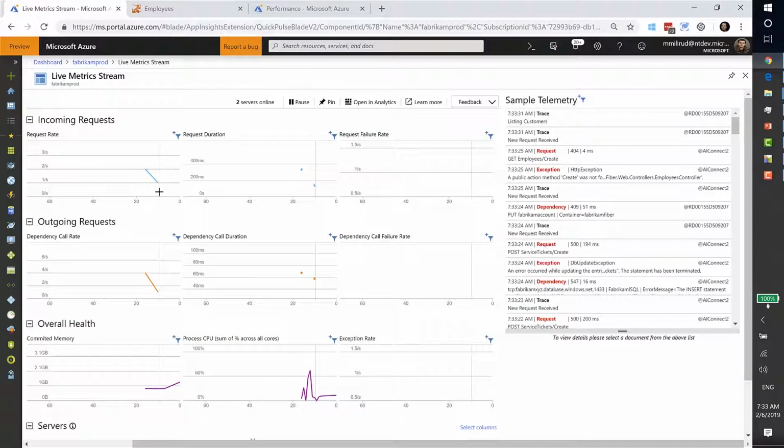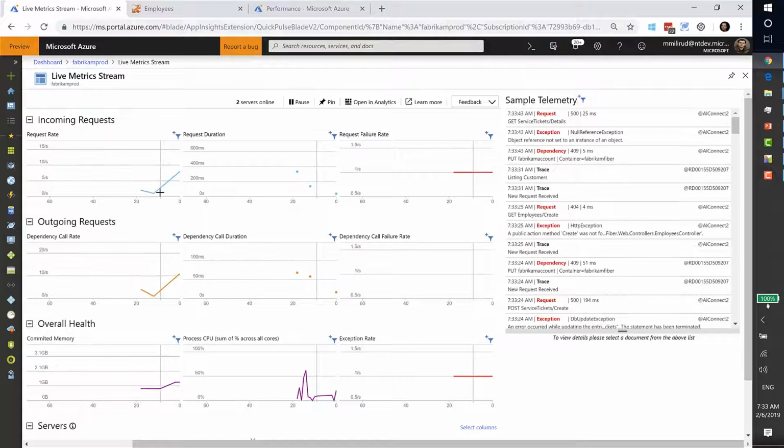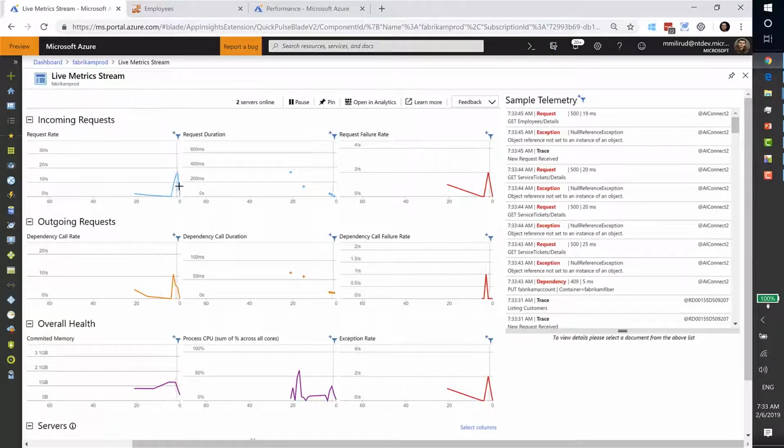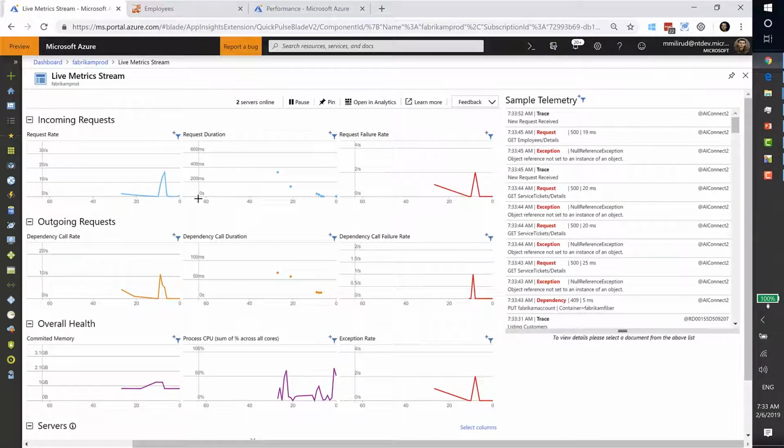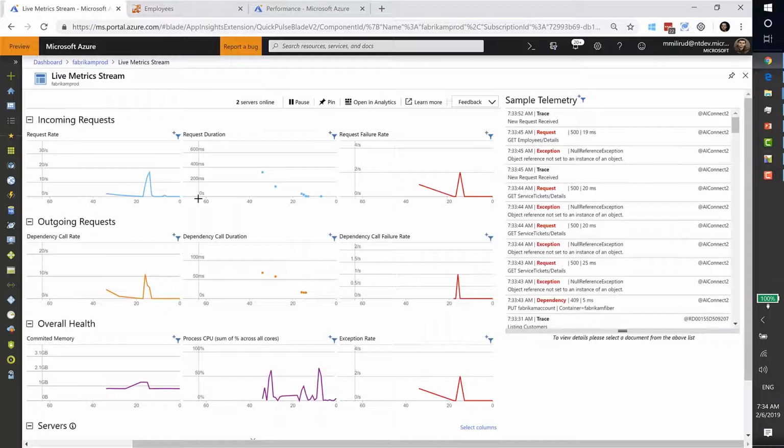So my load of requests is going to jump from this very low to a lot higher because I am starting to run performance testing on it, load testing. Now, this is of course very basic load testing. You can do so much more, but it's a good way to quickly examine the responsiveness of your web app